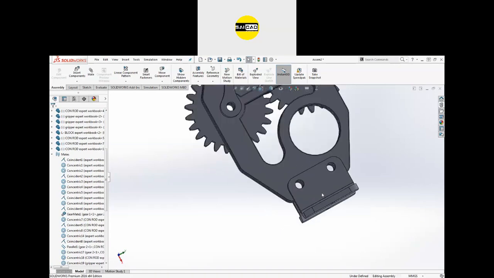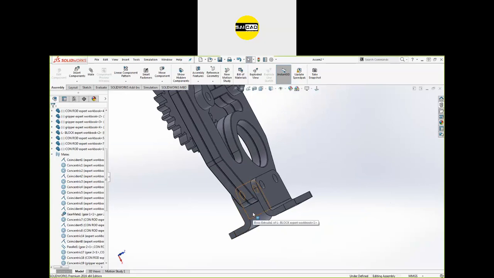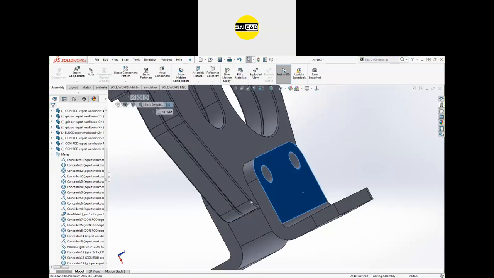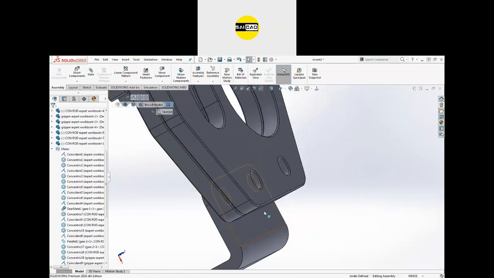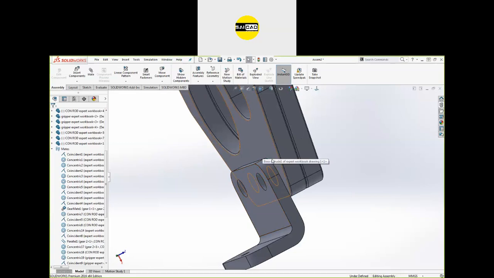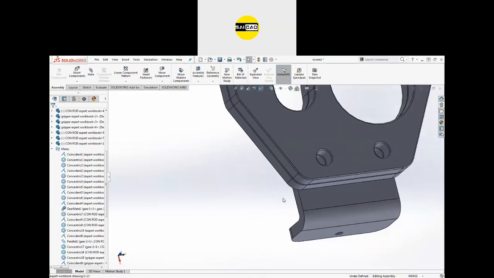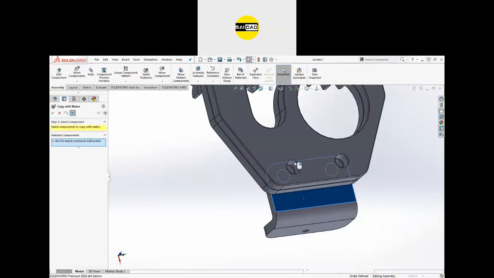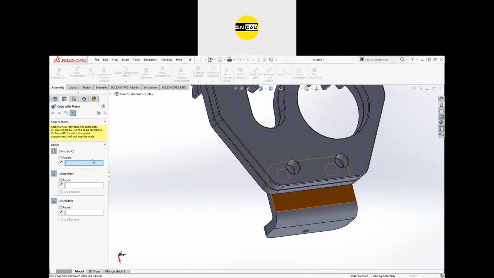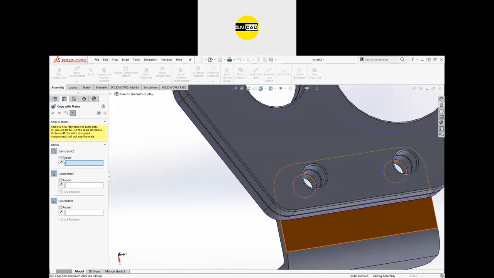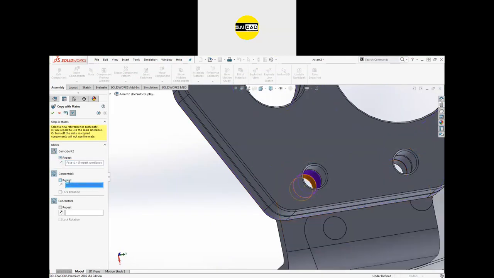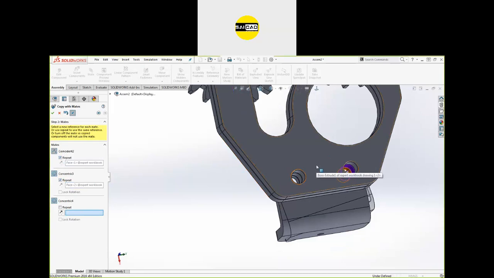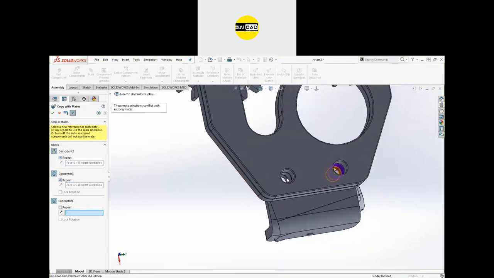Copy mate is, yes sir, just you are applying the similar mate but with some new references, like use this component here. You know that there are similar references, the hole to hole reference and this space reference. In this one we have selected this space, these two holes also. In this one we have selected this space and these two holes also. So select the object, right click, go to copy with mate. First, click here next. It is asking for the hole, that which hole you need. I can just repeat both one like that. And it is asking for the face. I can just select that face from here.